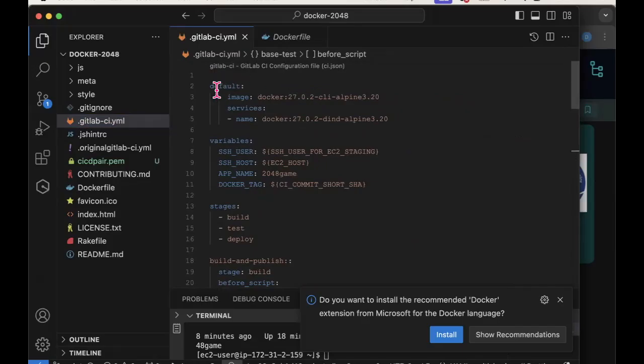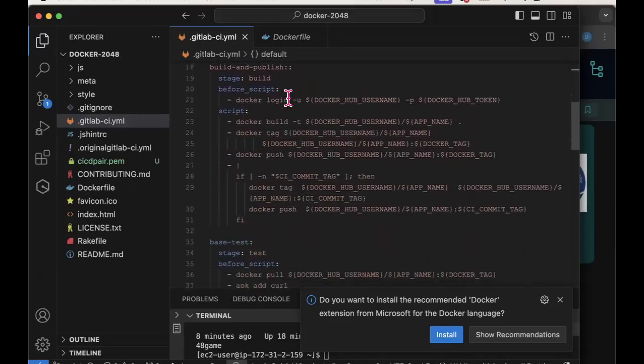But by the way, in passing, at the very beginning of this YAML file, it's something slightly different from what we had last week. We have this default section within the YAML, and what you define there, as its name suggests, is any default settings that you want for the rest of the pipeline. So for example, I'm saying the default image for a job is this image. Now you can override that within a job, but if a job does not have an explicit image tag,